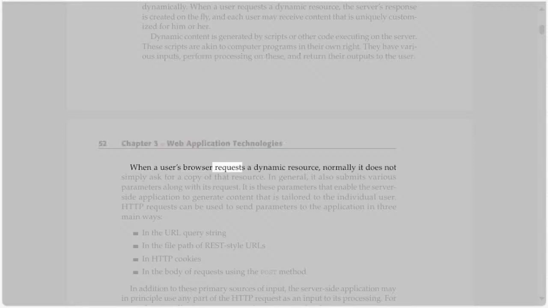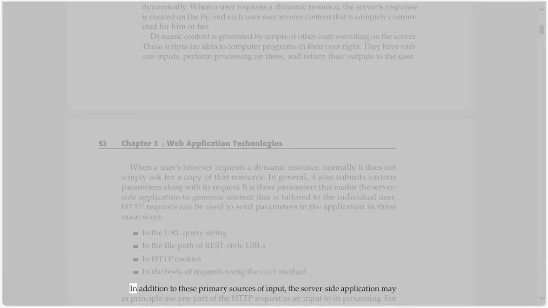When a user's browser requests a dynamic resource, normally it does not simply ask for a copy of that resource. In general, it also submits various parameters along with its request. It is these parameters that enable the server-side application to generate content that is tailored to the individual user. HTTP requests can be used to send parameters to the application in three main ways: in the URL query string, in the file path of REST-style URLs, in HTTP cookies, in the body of requests